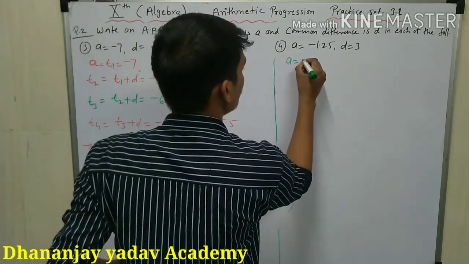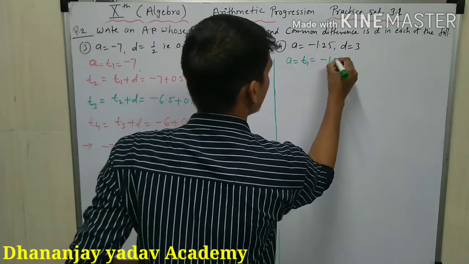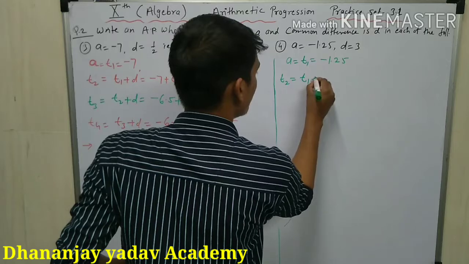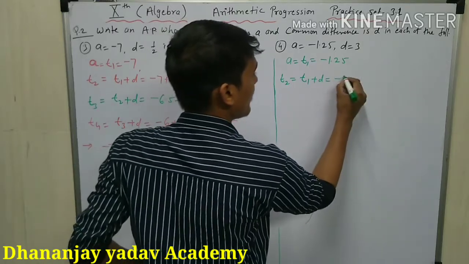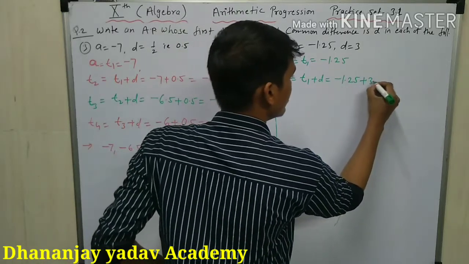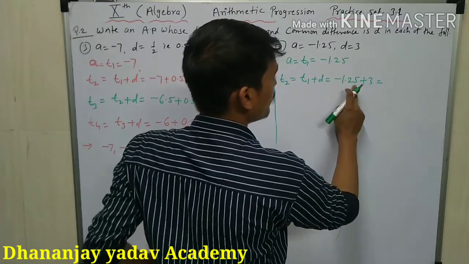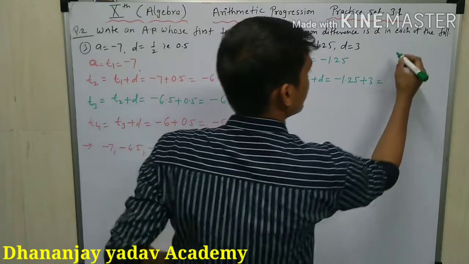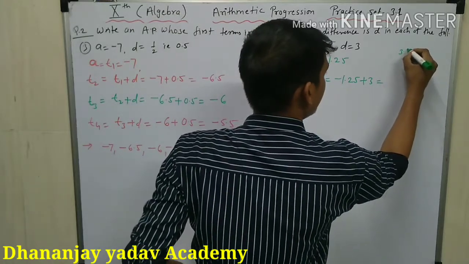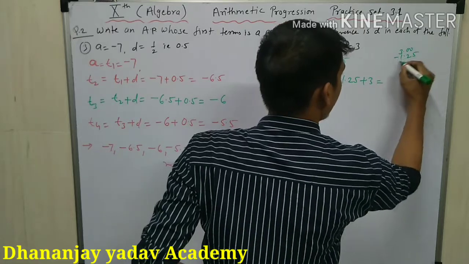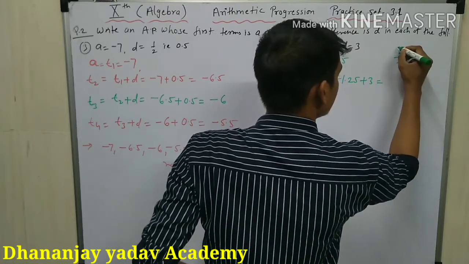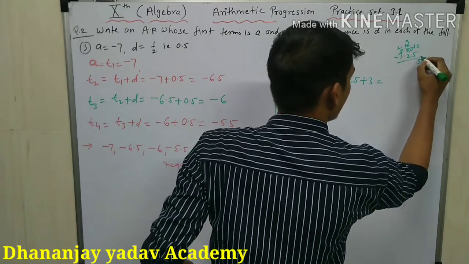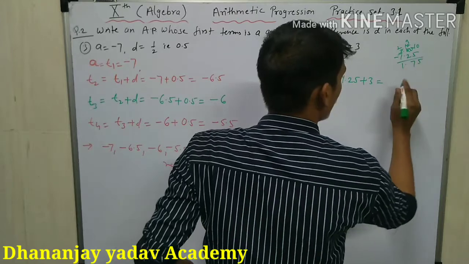Now fourth: A is equal to minus 1.25. You can write here A is equal to T1 is equal to minus 1.25. Find out T2 is equal to T1 plus D, which is minus 1.25 plus D. Subtracting here, 3.00 minus 1.25: 10 minus 5 is 5, 9 minus 7 is 2, 2 minus 1 is 1, so there is 1.5,